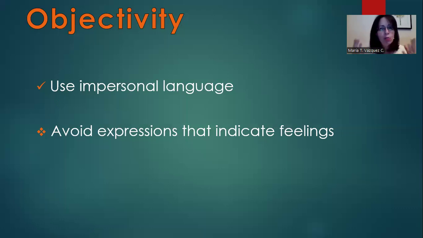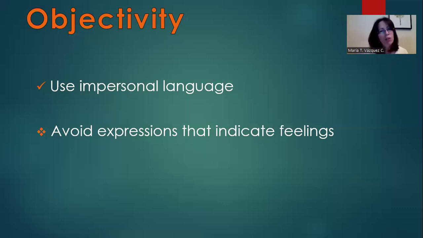The ideas that you're going to write in your essay are yours. Who is writing the essay? Or who is writing an abstract or the paper? It's you. So you don't need to say, I think, I believe. The reader understands the ideas are yours. Okay? And you don't need to use the pronoun you. It's very common that you use it, like talking to the reader. Avoid it. Finally, regarding this point, we have to avoid expressions like I like, I love, the word terrible.